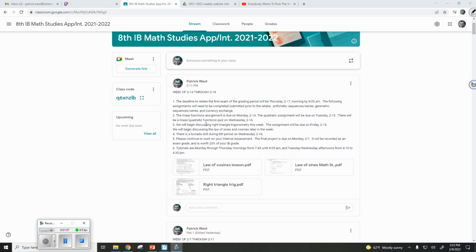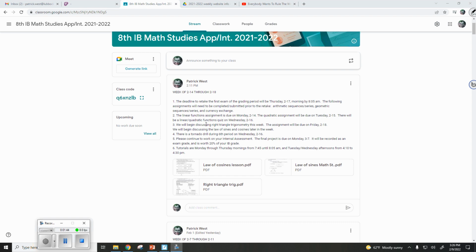I'm going to give you the linear functions assignment, and I'm going to give you the quadratics assignment when we're done with it. The compound and simple interest homework is still going to be due on Friday, but I'm not going to quiz you over that. As an alternative, I'm just going to give you the quiz so you can see what kind of questions would be asked, just to see how you're doing on it. Because I want to keep going. We really don't have a lot of time, and I want to make sure that we have enough for a review prior to May when you take your paper exams.